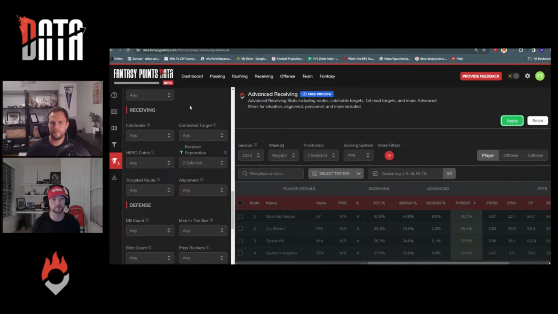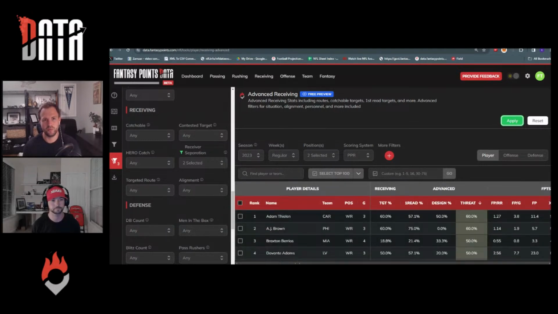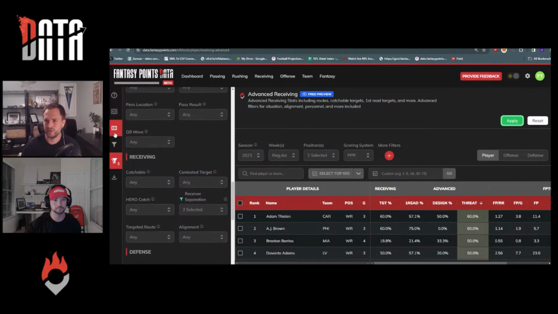Could you let us know what open and wide open mean? That's a good question. Open is way more common than wide open. Wide open is basically only for when there's a busted coverage on the play. The two corners don't communicate, and they let the receiver just go free, or the corner falls over while he's running with the receiver, leaving the receiver wide open. Open is more so that they just beat the guy, and that's it. So that's the difference.